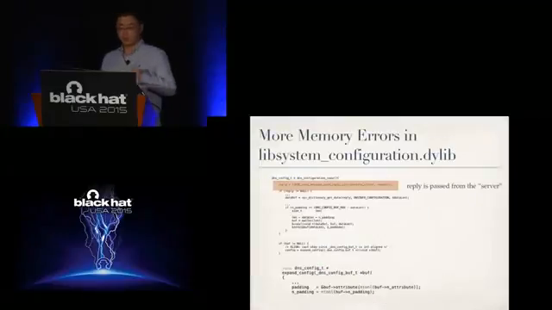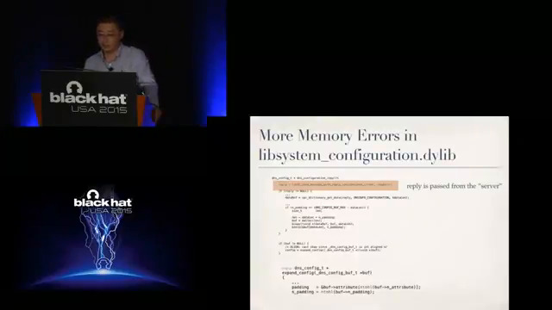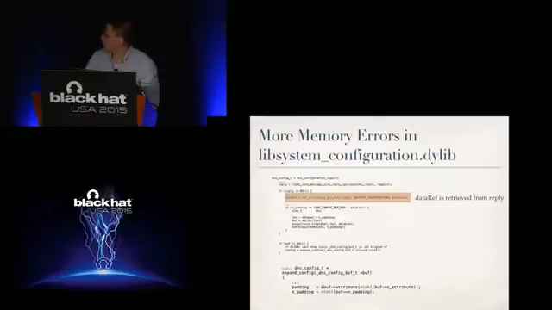And besides the memory read errors, we also find a lot of memory errors in this library. You can find the source code of this library on Apple's website. Let's quickly go through the source code. You can easily understand why they made the mistake. So basically, this API is used to get the DNS configuration through XPC services. And basically, the data ref is retrieved from the XPC message, and